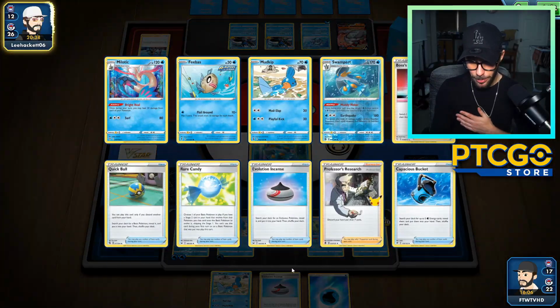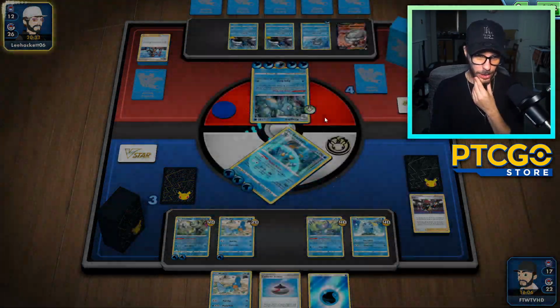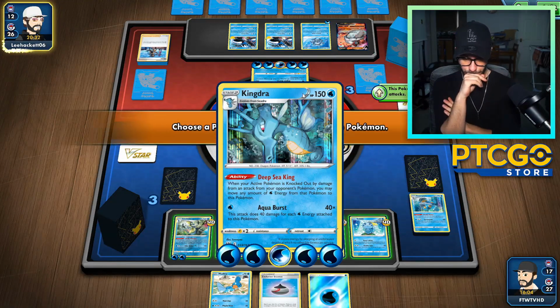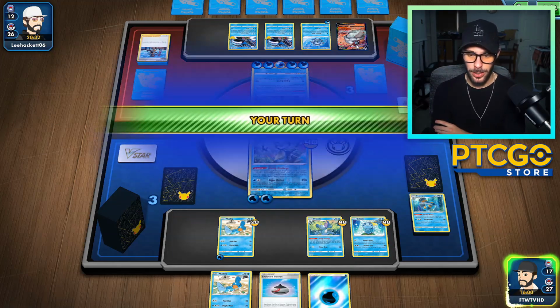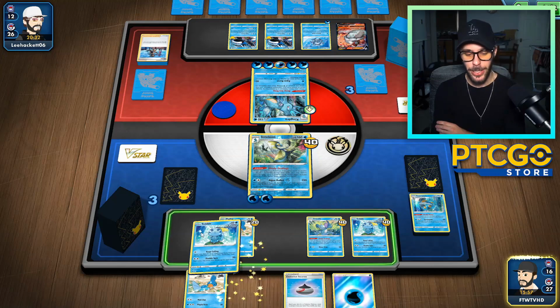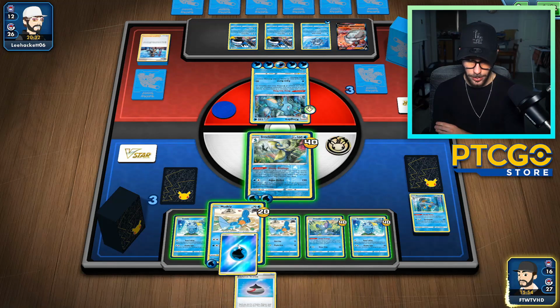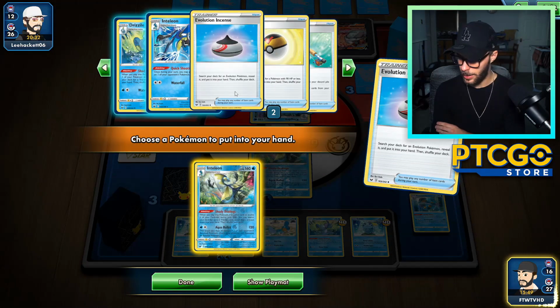So, to be fair, we could even Boss's Orders next turn, hit this, and poke into the Kingdra, but it still is not enough for a Shady Dealings to take down either. So, but I'm actually kind of vibing with this play now, bossing this up. Kind of vibing with that. I like it. I like it. We can get you there. Get you. Shady Dealings, right? And then we can